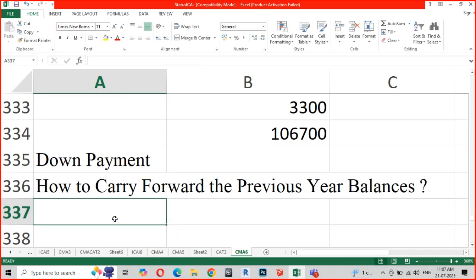When you are closing the books of accounts and opening the books of accounts for the new year, whatever balance you have in the P&L account should be transferred as a profit or a loss, right? So that is the question here. How do you carry forward the previous year balances?